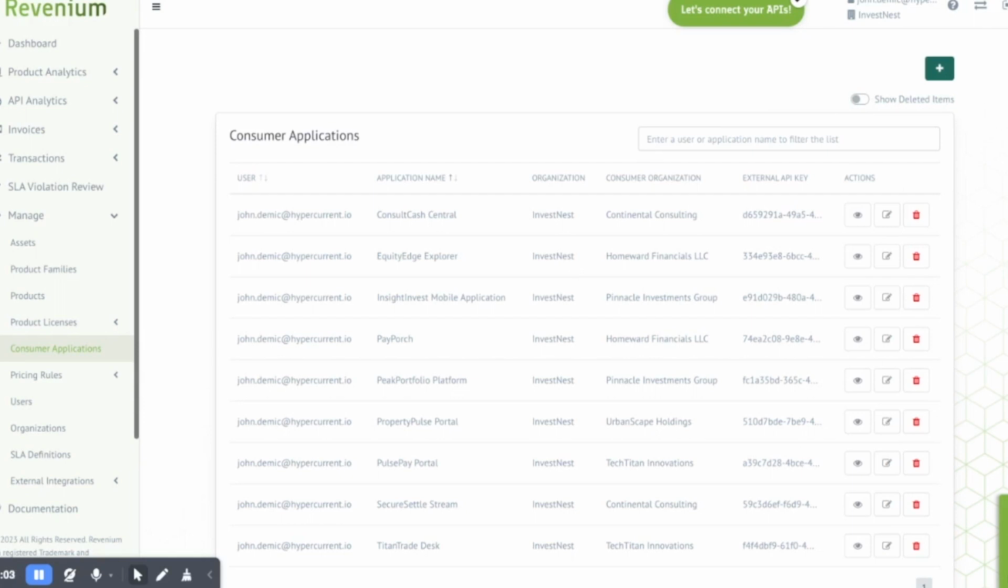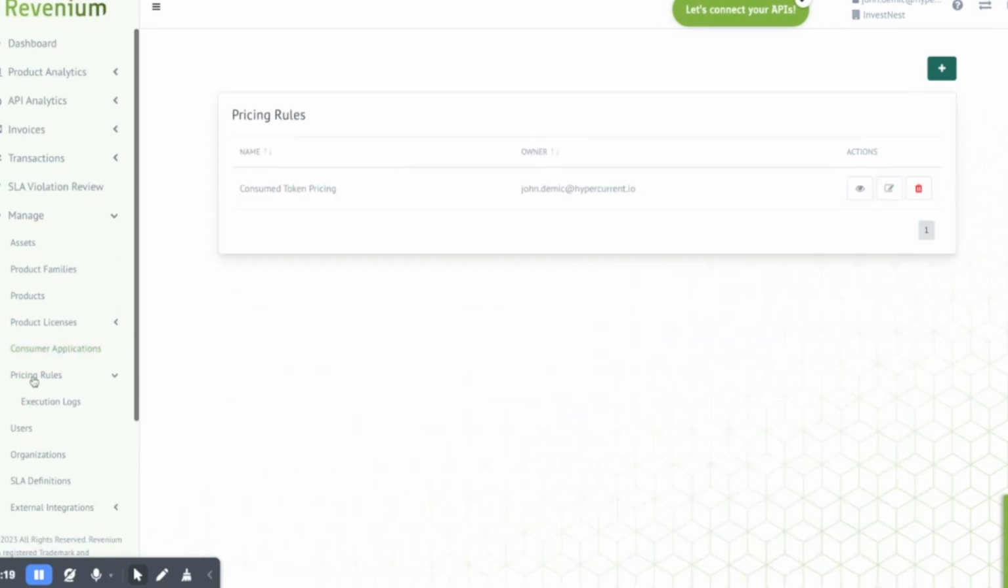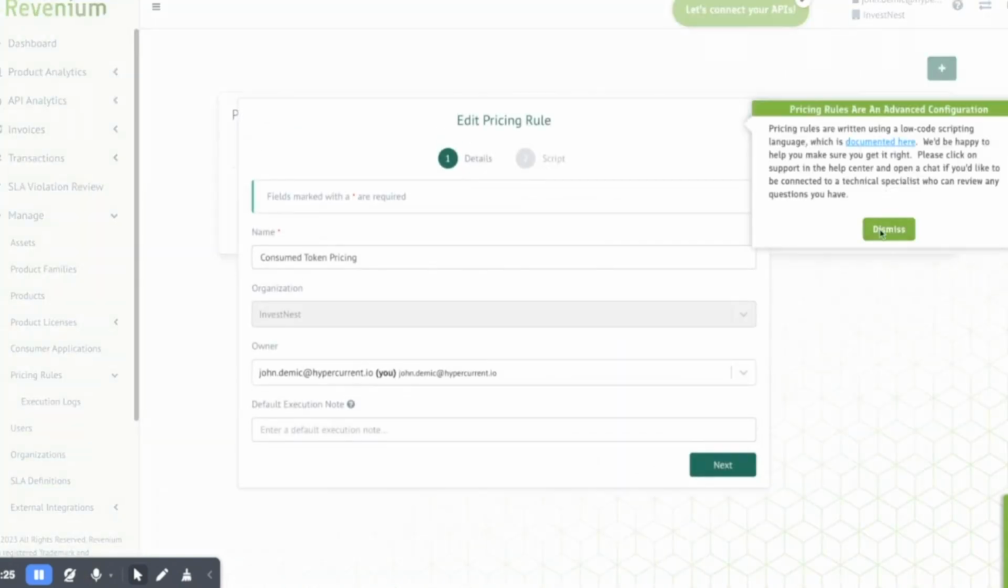Okay, now let's check out the custom pricing rule we've defined that scales the API transaction costs by the amount of tokens processed by the large language model. So if I go to the pricing rules component here, you can see that there's a single pricing rule called consume token pricing. If I drill into this,